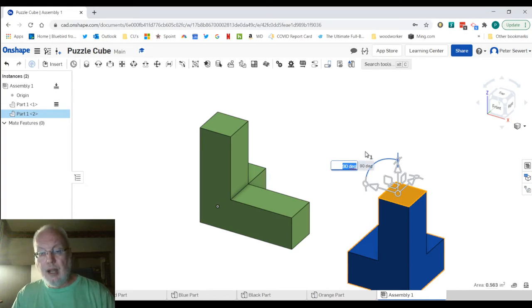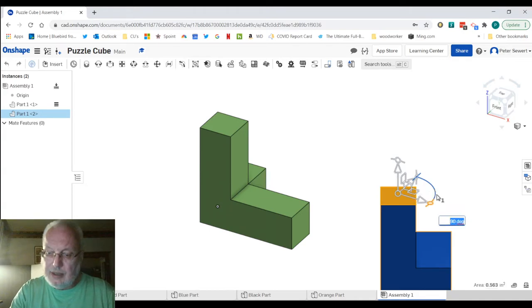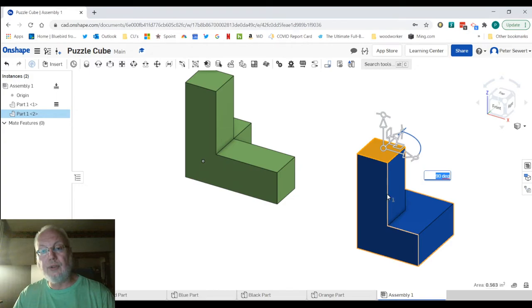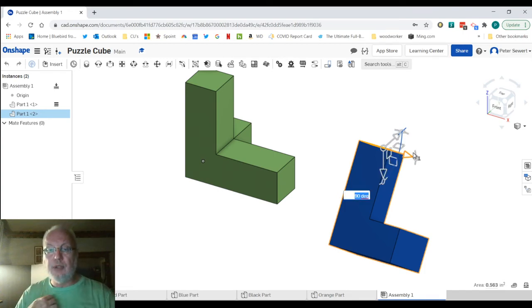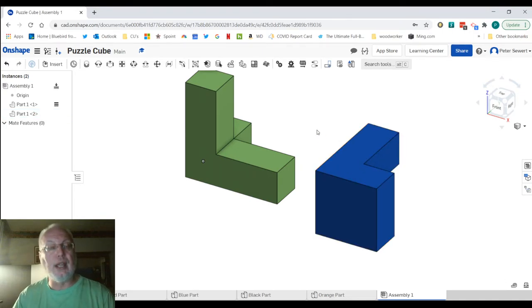Now, I've got another one to do right here. So I'm going to click and hold and turn. And this is going to be 90 again. And then I have to rotate this one more time this way, and that is 90. So sometimes you'll have to do this 2 or 3 times to get it spun in the direction that you